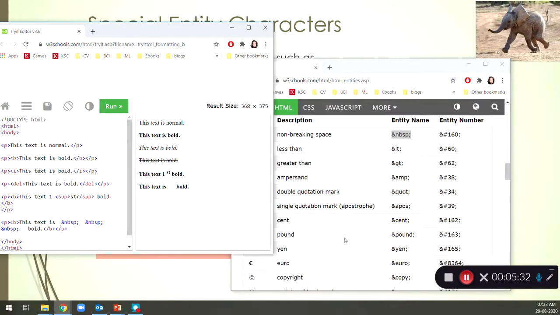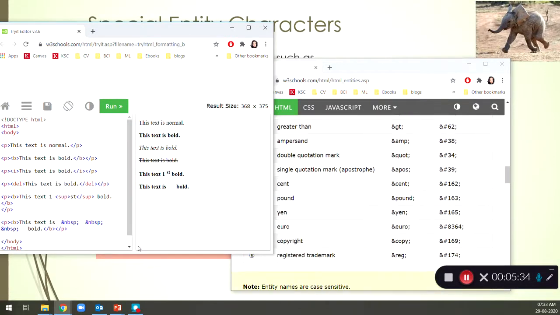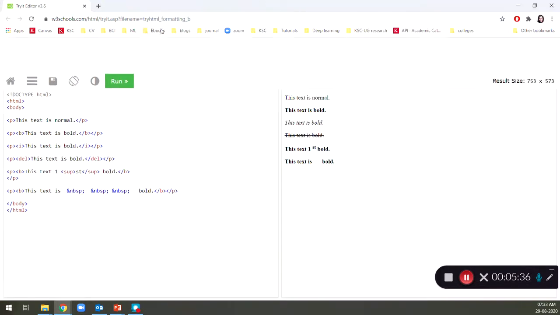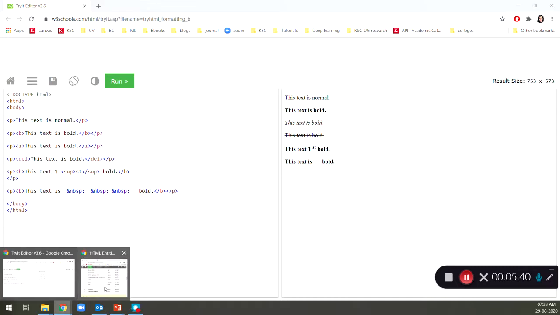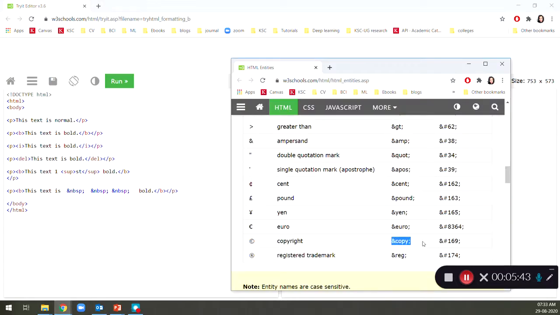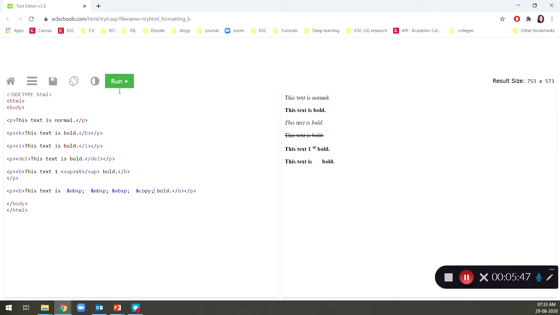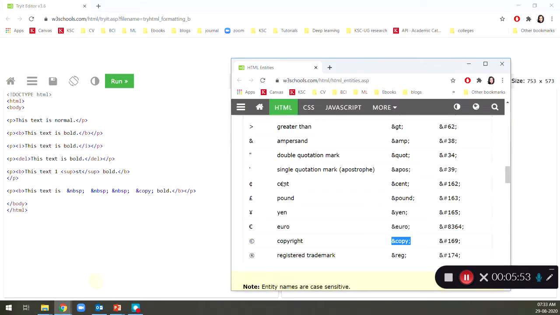Then let's try the copyright symbol. How can we specify the copyright symbol? Ampersand copy semicolon. If you specify this, then you can see it will create a copyright symbol. You can give a try for the different ones. You can just go through these elements and use them as special entity elements to display different symbols.